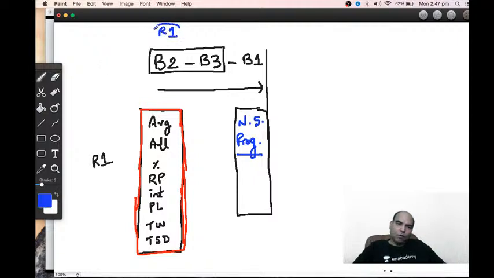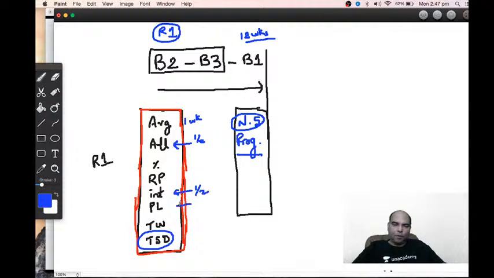The first round of all this in the first 3-4 months. First 3 months. Make a 12-week timeline for it. Whenever you start, between week 1 to week 12, approximately 1 week per chapter. Time speed distance will take you a little bit more time and number systems will take you a little bit more time. They might take you extra weeks. But that's offset by allegation which is just half a week, interest which is just half a week. Profit and loss also is not more than half a week. So on an average, if you keep 1 week per chapter, within 12 weeks your block 2, 3, 1 should be done. And then you come to block 4 which is geometry, mensuration.